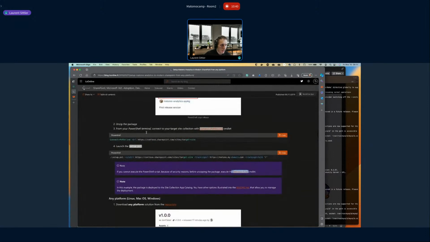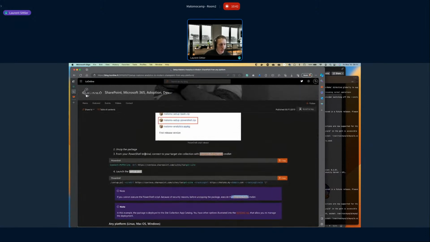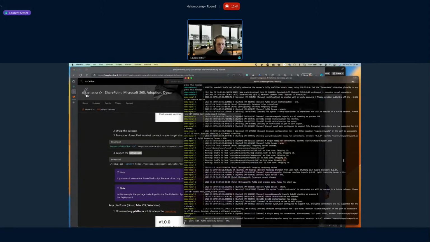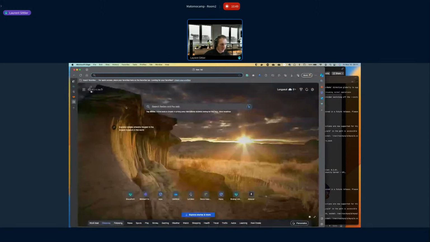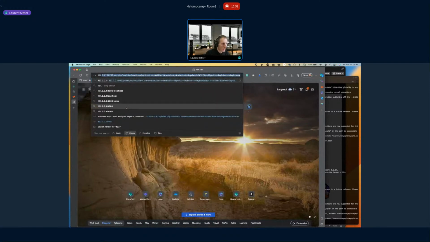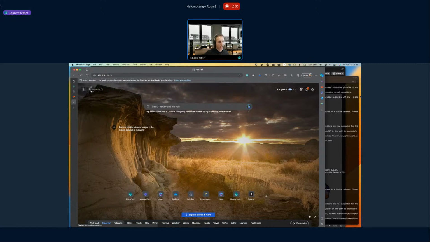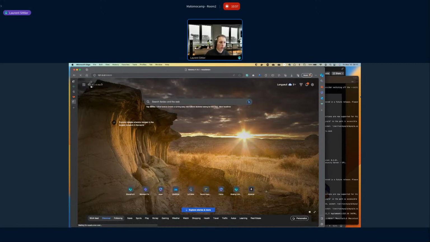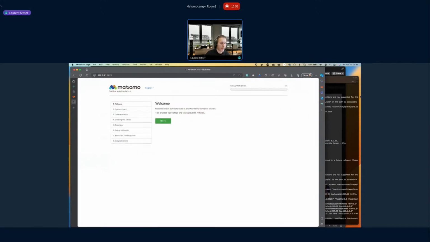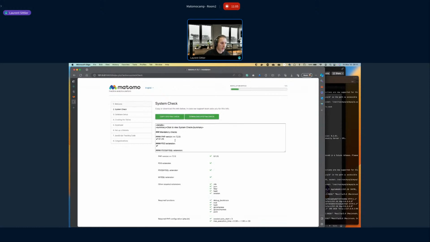So now I'm connecting. I'm getting my script. Now I just have to configure my Matomo server to be sure that everything is okay. In my case, I will use my local IP. You can use ngrok if you want to use it through the internet with an HTTPS, SSL connection. In my case, I don't need it.